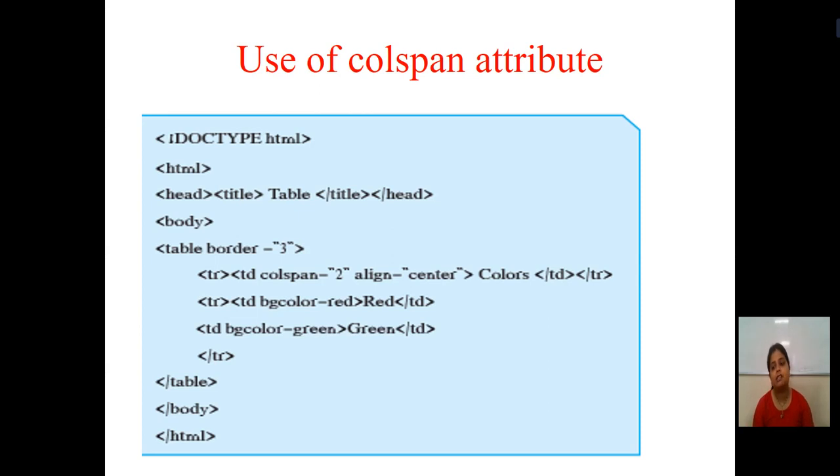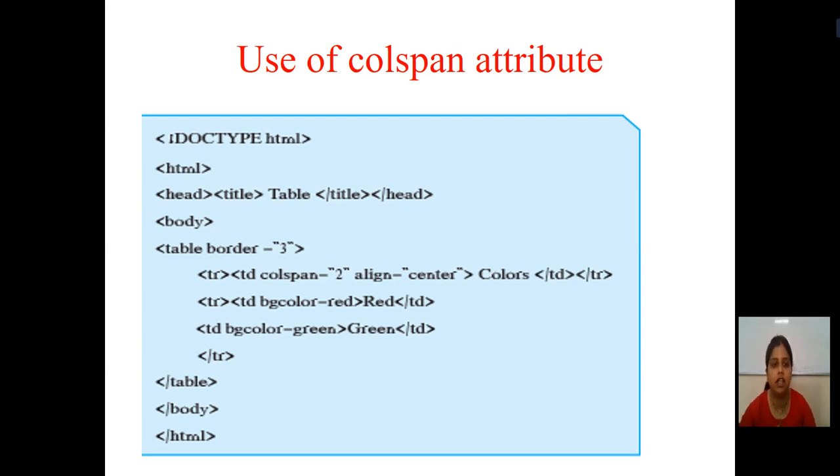We have also seen the different types of attributes which support your table. Lastly, we had seen how to use the rowspan attribute for creating a table in a document. So now, in today's lecture, we will see the use of the colspan attribute and how the colspan attribute is used for creating a table in HTML.